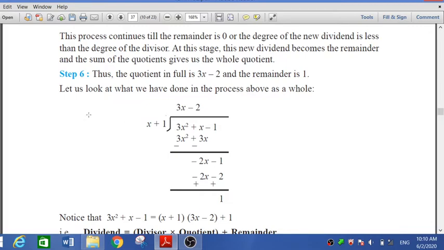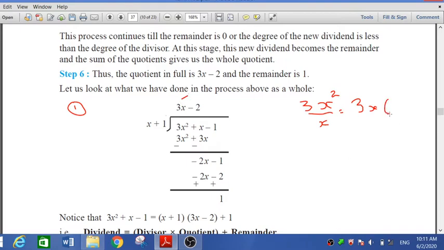So first sum related with the long division. 3 sums we have to complete anyhow. First sum, long division method. So what is the first step to start? First step: we have to take 3x square divided by x. You will get the answer 3x. That is our first step. Monomial divided by monomial, 3x square divided by x. So we get the answer 3x, that we have to write here.